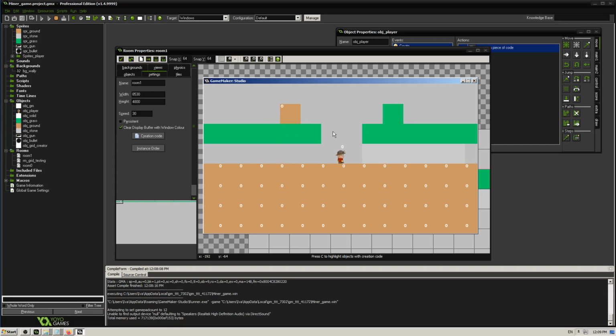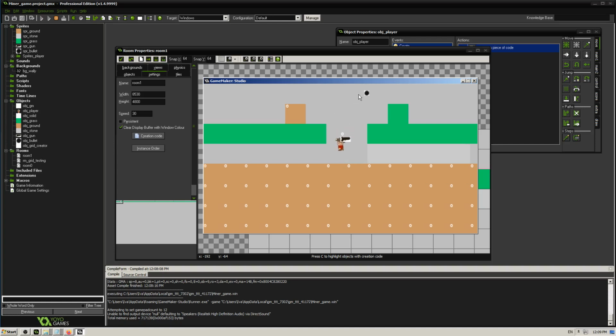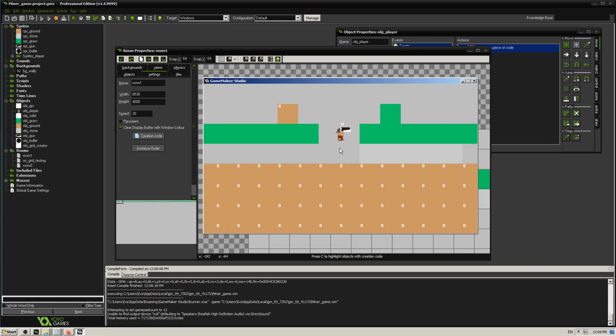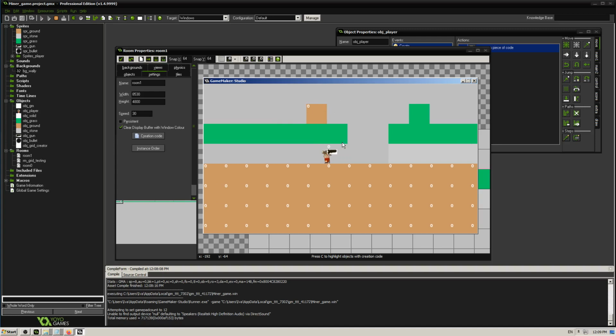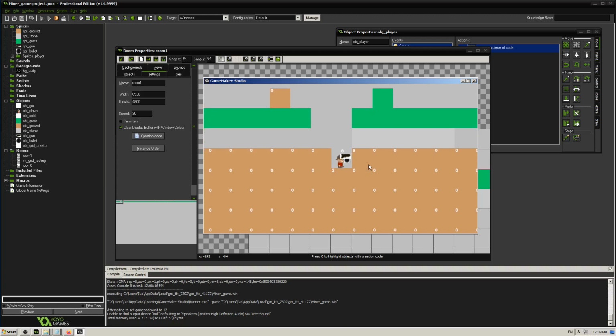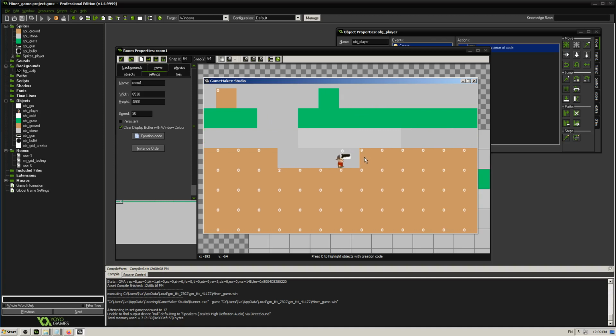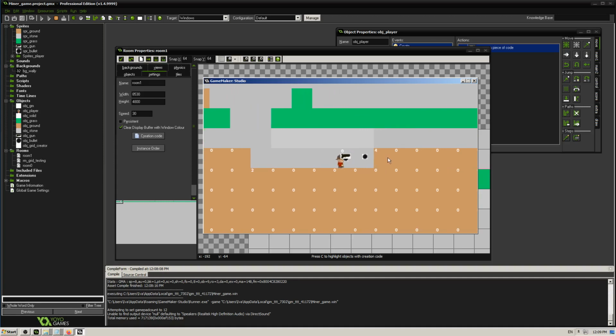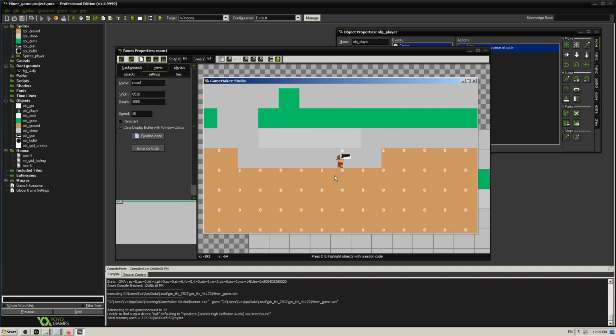So I have only implemented a gun, and you can shoot. I don't have enemies yet, but because I was too lazy to make or find some kind of artwork for a pickaxe, I have coded the gun to destroy the ground. So this is how it works, and I don't know why it lags, because probably I have lots of stuff running at the same time here. But anyway, you can see the basic